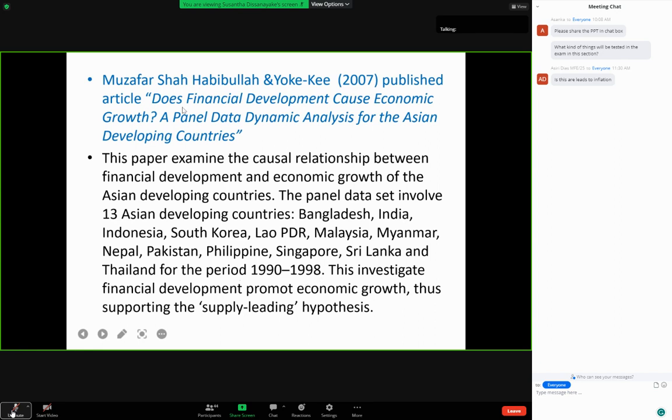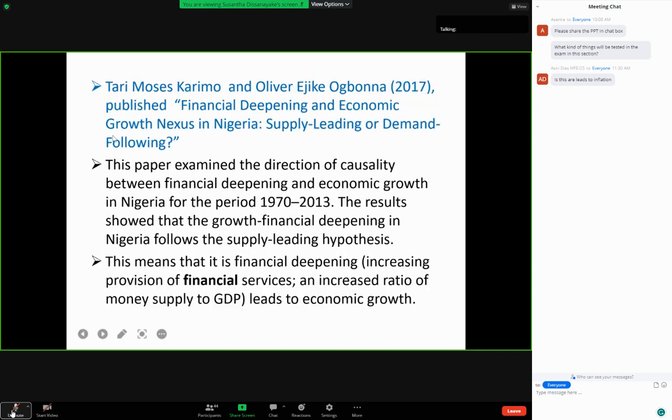But here they have specifically mentioned, is it supply leading? This investigates financial development promoting economic growth, thus supporting the supply leading hypothesis. So they identified that in this period, all these countries emphasize the supply leading hypothesis. The next one, TARI. This paper examines the direction of causality between financial deepening and economic growth in Nigeria for